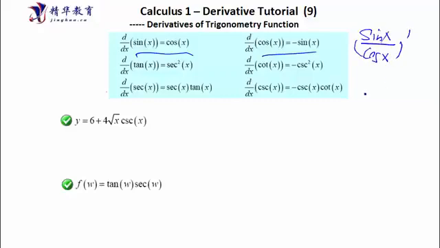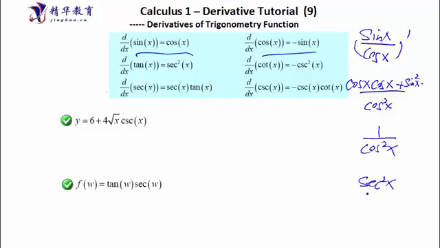Take the derivative using the quotient rule: over cosine squared. The derivative of sine is cosine x, times cosine x, minus sine x times the derivative of cosine, which is negative sine. Times negative sine gives a positive sine squared. So cosine squared plus sine squared equals 1, giving 1 over cosine squared here, which is equal to